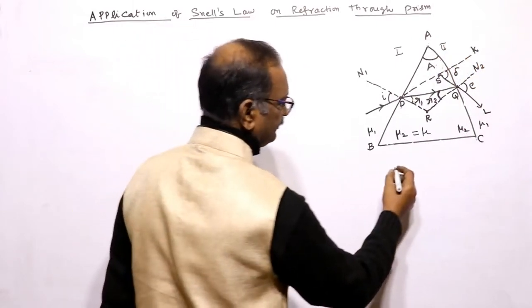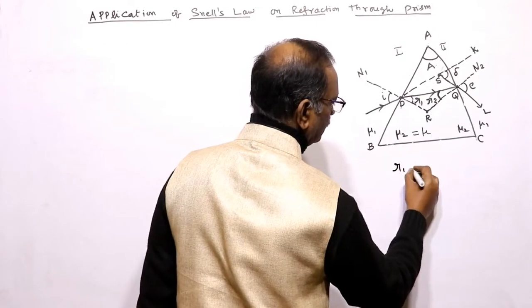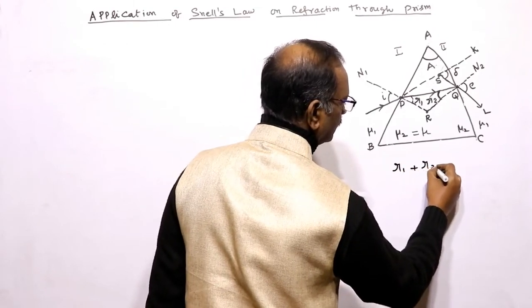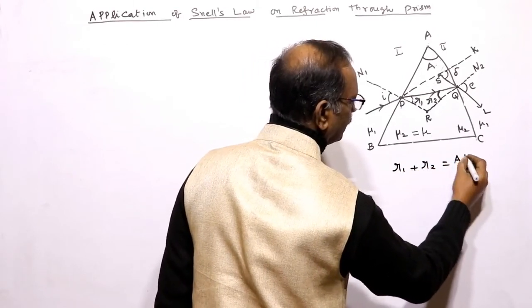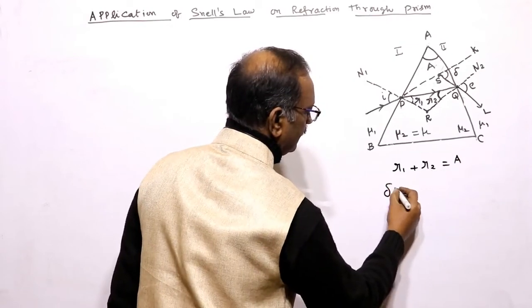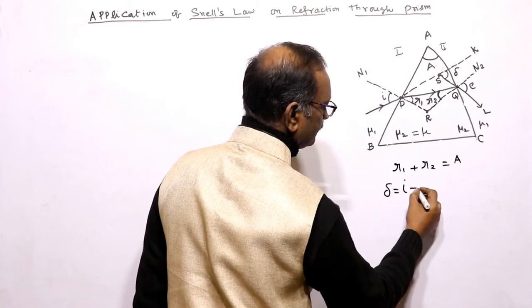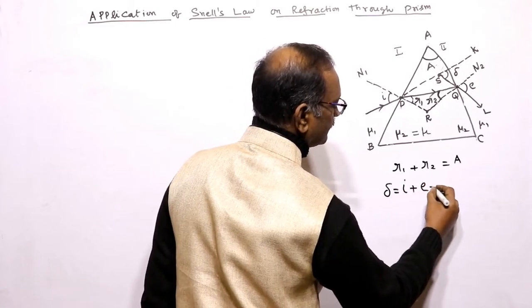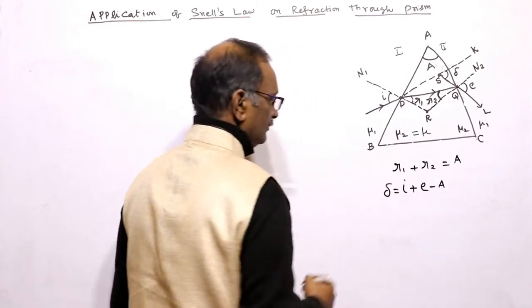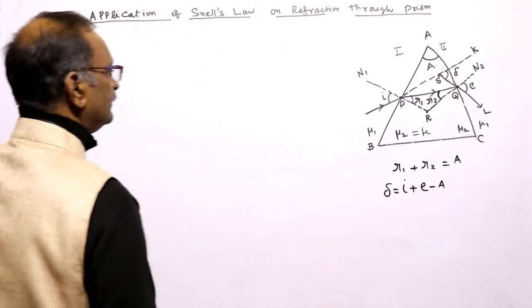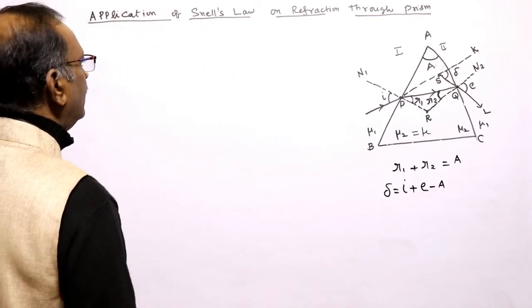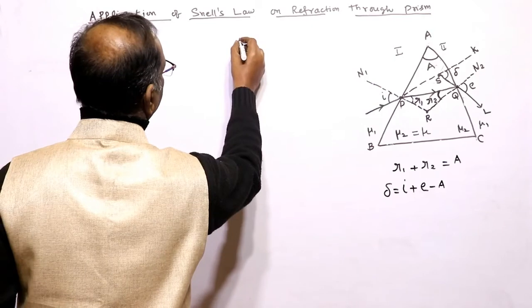Already we have R1 plus R2 is equal to the angle of prism, and the angle of deviation is equal to the angle of incidence plus the angle of emergence minus the angle of prism. So applying Snell's law in the first phase,